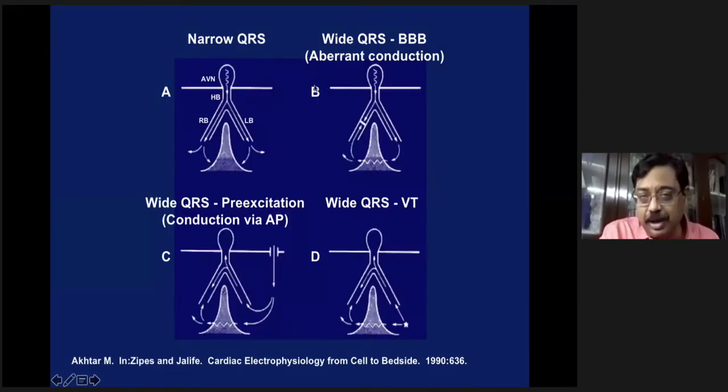Now, mechanistically, Suchit had spoken very nicely on the different narrow QRS tachycardias. Now, you can just see mechanistically the very nice work of, I should say, the late Masood Akhtar now. Here, one of the excellent gems of papers. One of them is this. You can see that a narrow QRS tachycardia is narrow. Why? Because it goes through